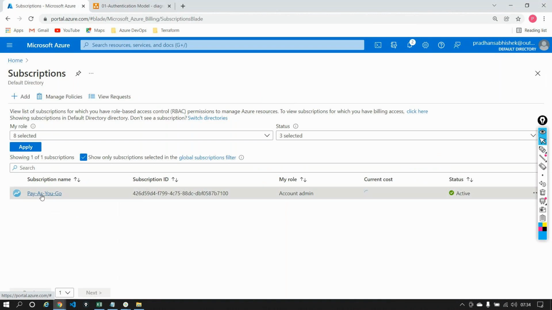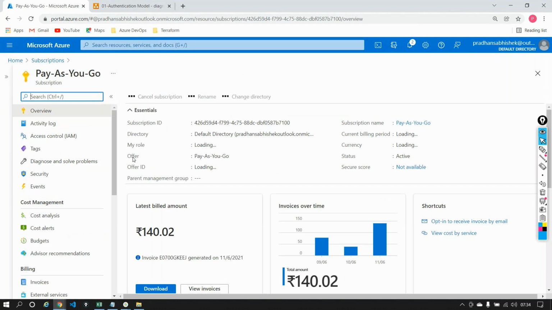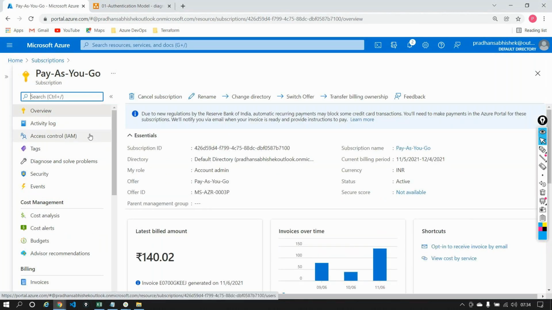In the subscription, I have something known as access control. This is one of the most important options, access control, or in brackets, IAM, identity and access management.